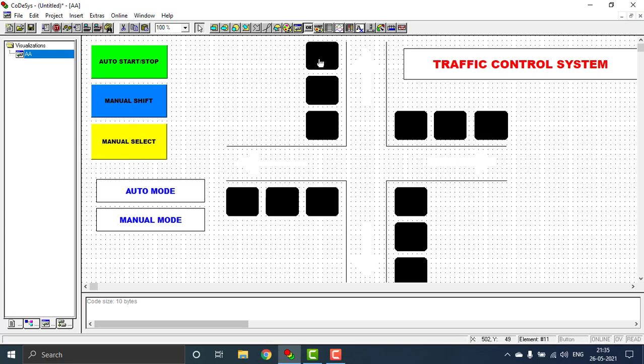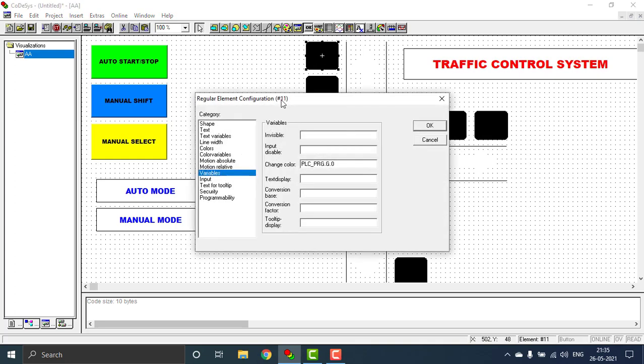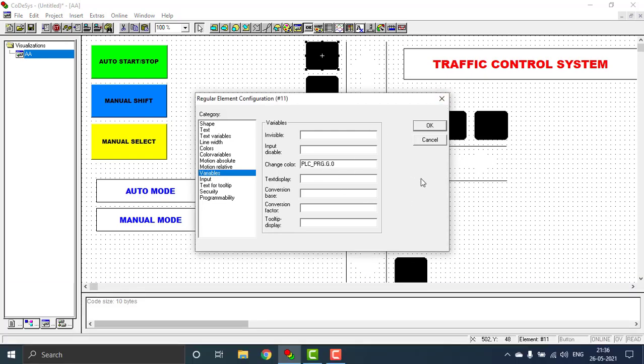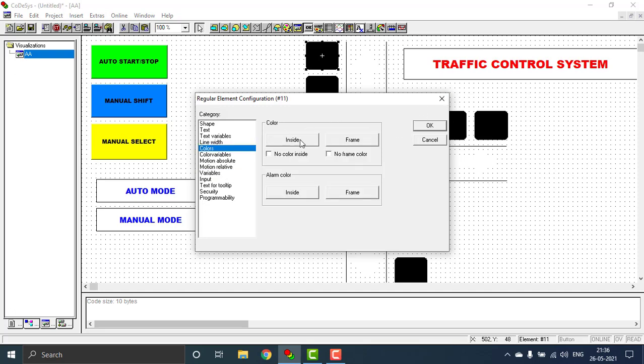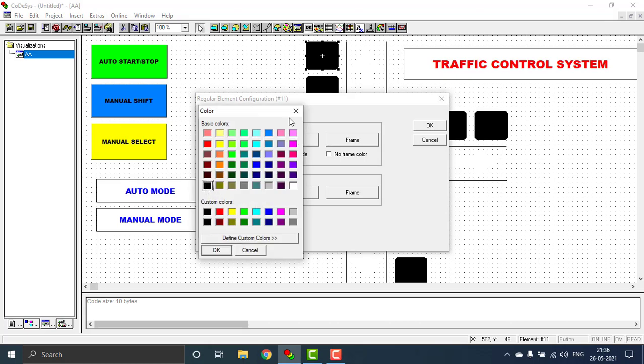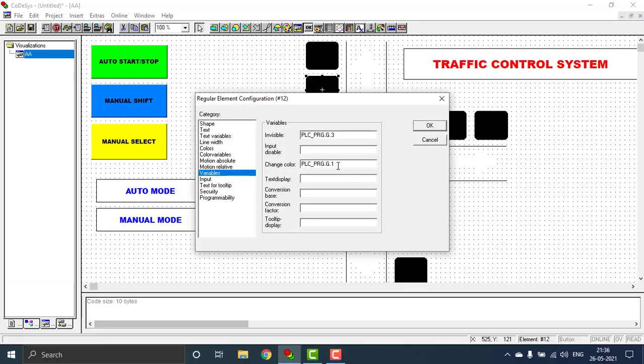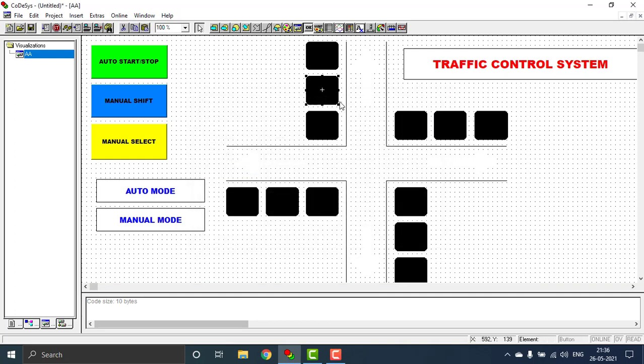Now we can go for the lights of this thing and double tap on one light, and you can see the variable, as change color variable, as PLC_PRG.G.0. That is the bit they have mentioned before, G.0. That is the first bit of the rotate left output, G.0, and the variable colors will be, in the outside or the normal condition, black, and the alarm color or the triggered color will be red. And also you can see the next thing, I just used G1, and that should be invisible in G3, or the third step that should be blinking yellow in every step.